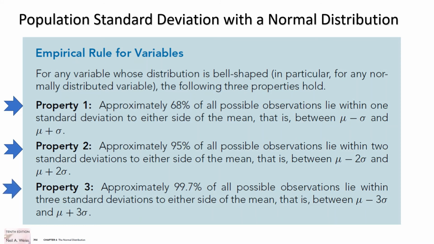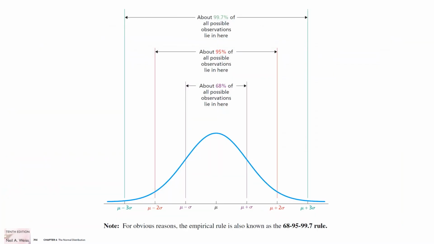Approximately 99.7% of all possible observations lie within 3 standard deviations to either side of the population mean. That is between population mean minus 3 multiplied by sigma and population mean plus 3 multiplied by sigma. The empirical rule is also known as the